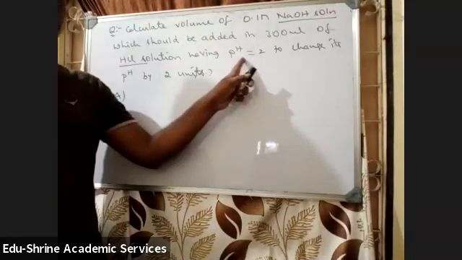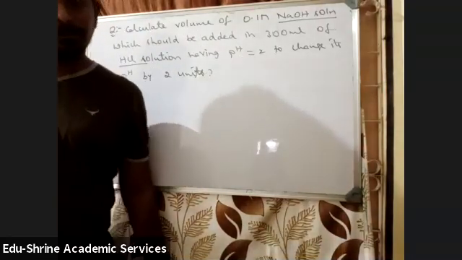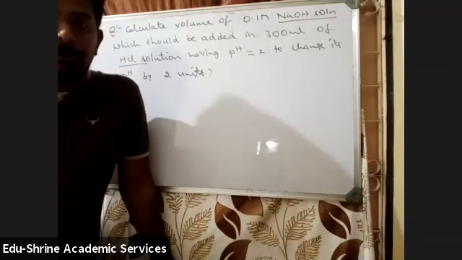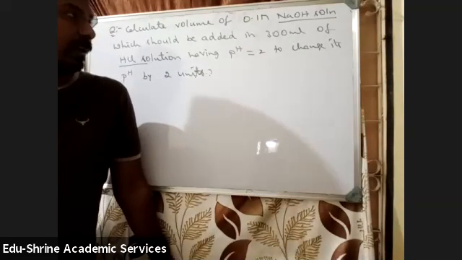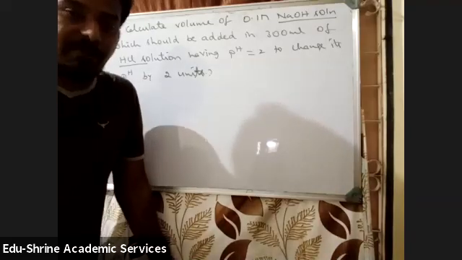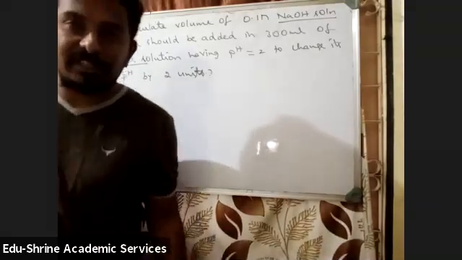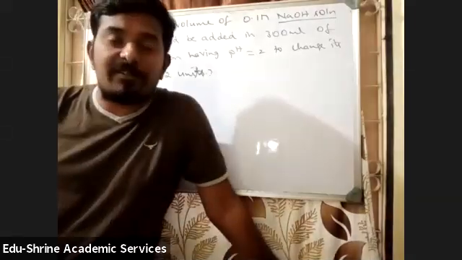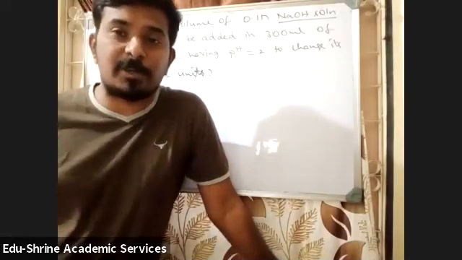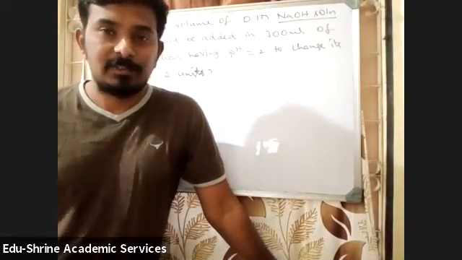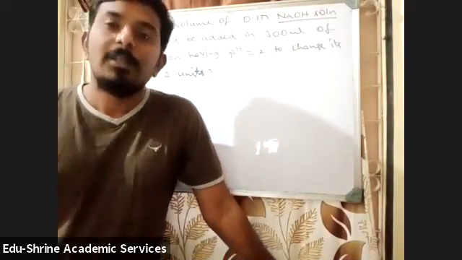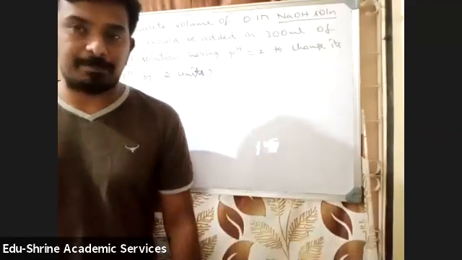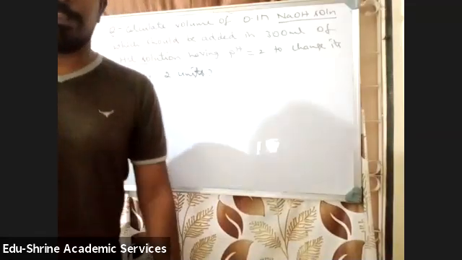Concentration of HCl, pH is given 2. When pH is 2, you know how to calculate the concentration of H plus ions. Once you know the concentration of H plus ions, you will get the concentration of HCl, right? Will the concentration of H plus ions be the same as the concentration of HCl, students, or will it be different? It will be the same because the n factor is 1 for HCl. It must be the same, as it is a strong acid.